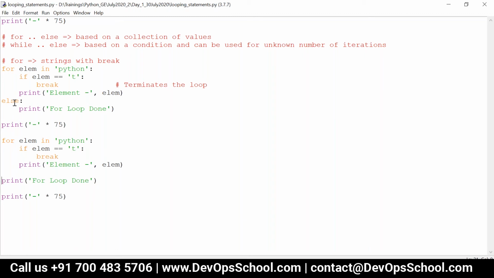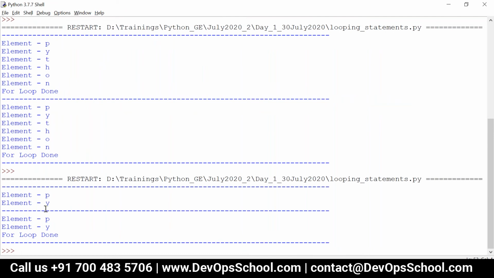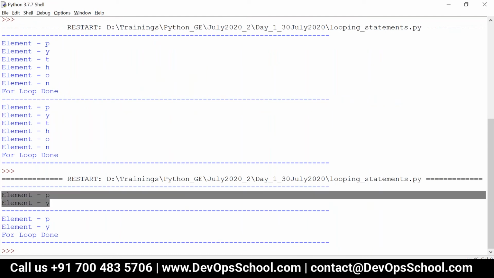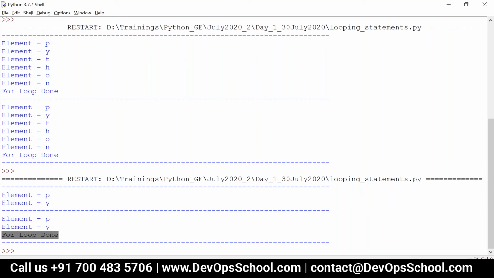It is not under the else block, right? It is outside the for loop. Now this statement will be printed. So you can see the difference now. Here, the else block is not at all executed, but here the same statements, if you place them outside the for loop, that will be executed.